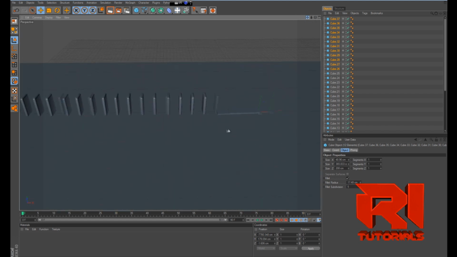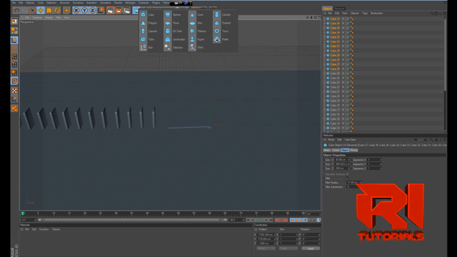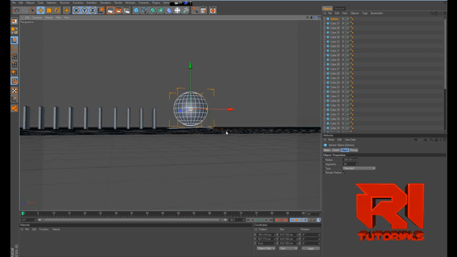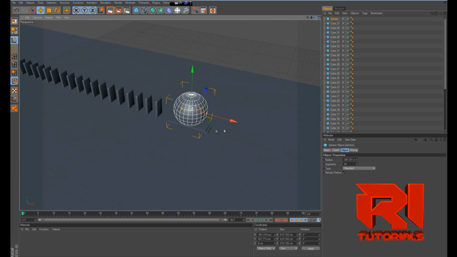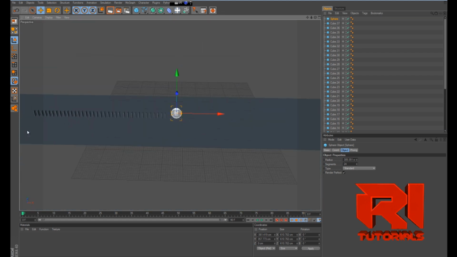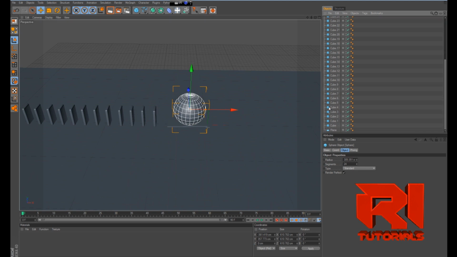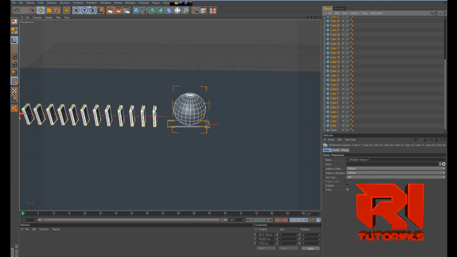So now we want something to push the domino down. So let's create a sphere and enlarge the sphere. Now these are all just empty shells, so now we want to make them actual, real-life objects. So let's select all of these except for the plane, go to Simulation, Dynamics, add rigid body,